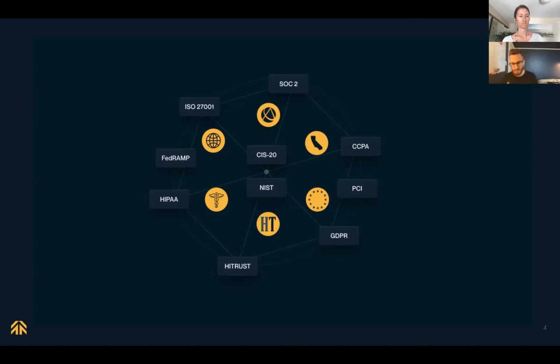And for most of these, not the regulatory frameworks, but for most of these, there's going to be a third-party audit, at least annually, to verify and review that evidence and to ensure that those controls are operating as expected. The one thing that's not on this slide, which I'm realizing I should have added ahead of time,